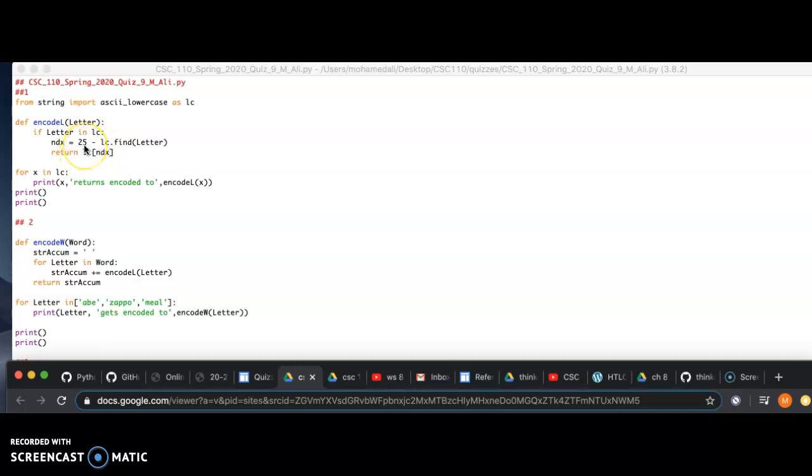Basically it flips the letters from starting from A to Z here as a lowercase, and then I return next to it the letters from Z to A, and just return LC index here. So, and then I will go down here and say for X in LC, print X returns encode LX. And if I do run this code,